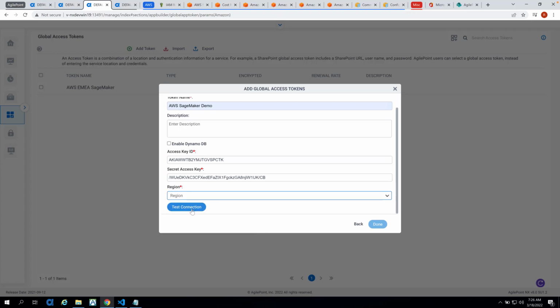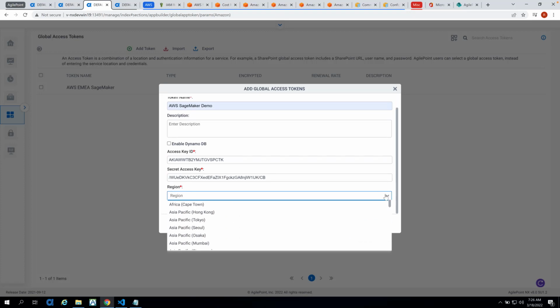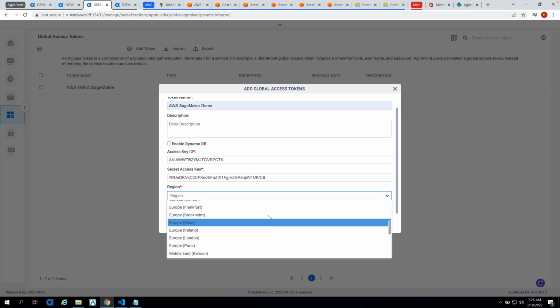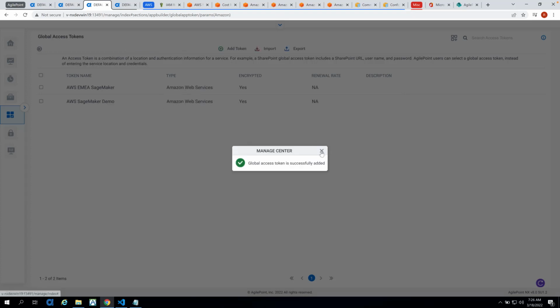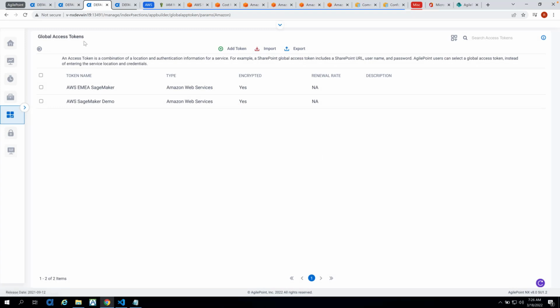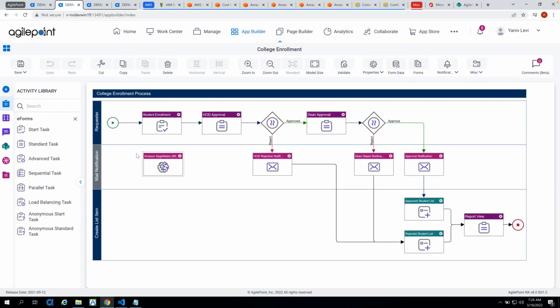And now the last thing to do would be to select a region. For me, this would be Europe, Frankfurt. Note that this should be the region where you deployed your endpoint. And I'm going to click on test connection. My connection is successful and I'm good to go. So I have the access token ready and now I'm good to go into my process model